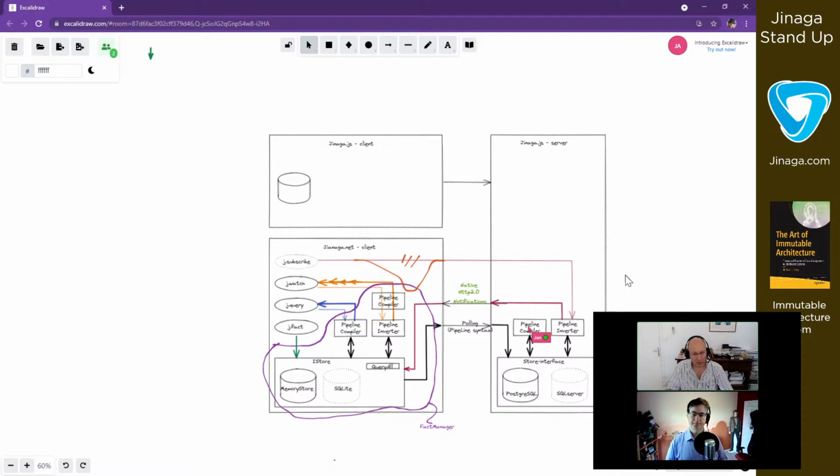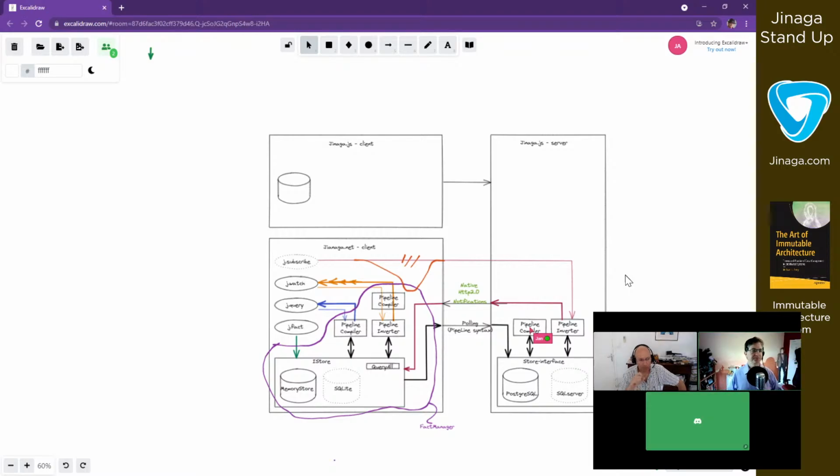But so we don't actually need a pipeline compiler in the server. I would say, yes. The only time that you do is if you've got actual client-level code running on the server. That's not an unusual thing to do, that you've got a client-side component with client-side code and server-side code.